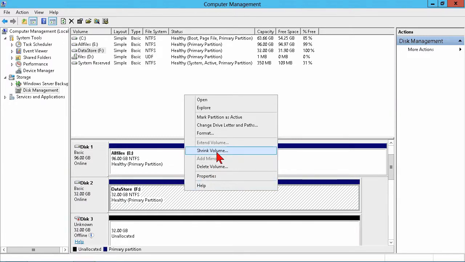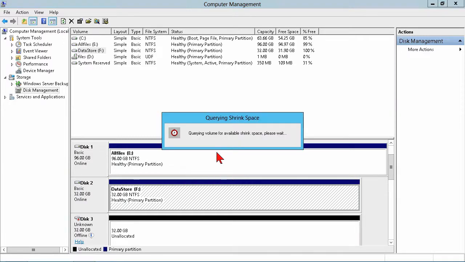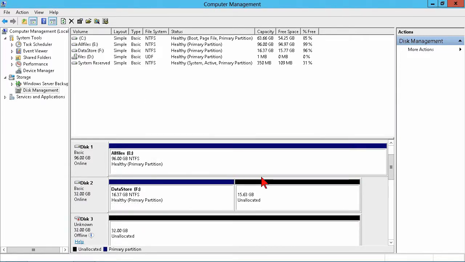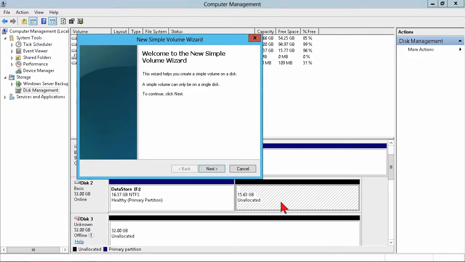If I decided that I wanted to shrink that, go ahead and query for shrink space. And let's say, well, I kind of want to divide it in 2, so I want to have 2 partitions. So you shrink. It's that easy. Now it collapses that. Obviously that has to do with the amount of data that's actually on the system or on the disk at that point. But at that point, then I can create a volume over here